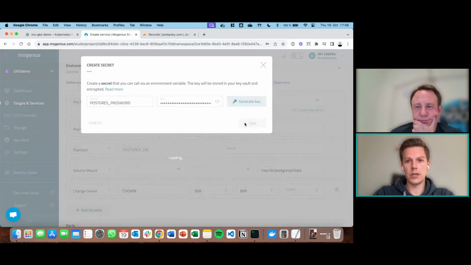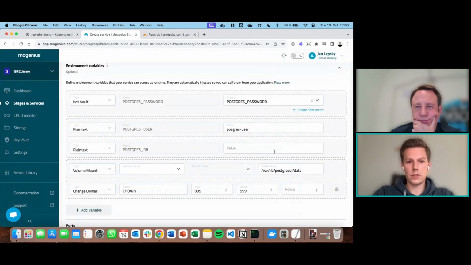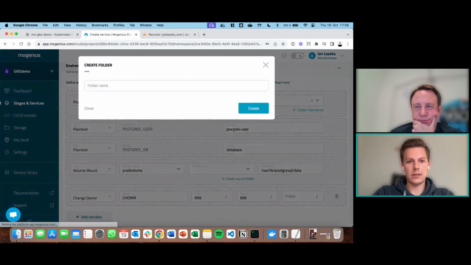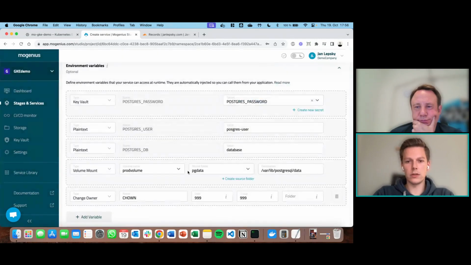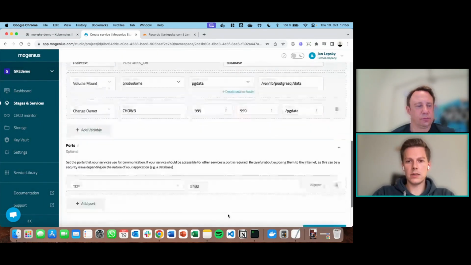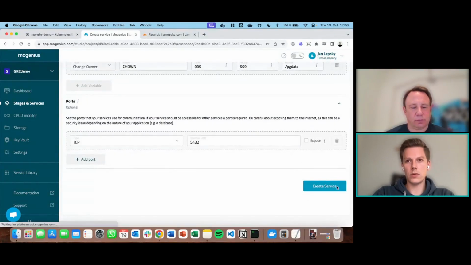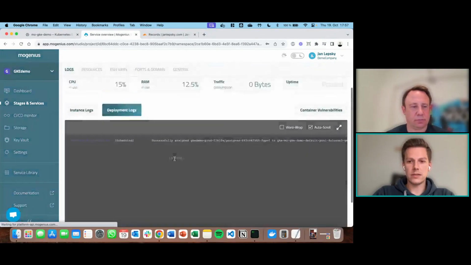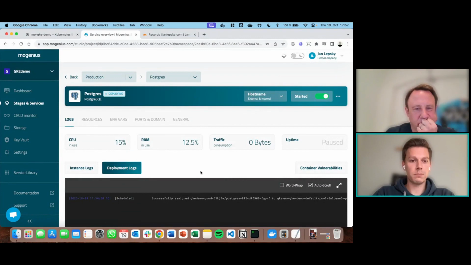So we're going to generate a key. We just need to set a database name here, and then use the volume to persist our test database. So I'm just going to create a folder on the volume, set this in the owner settings, and we're done. We can create the service, and this is how the Postgres template works.